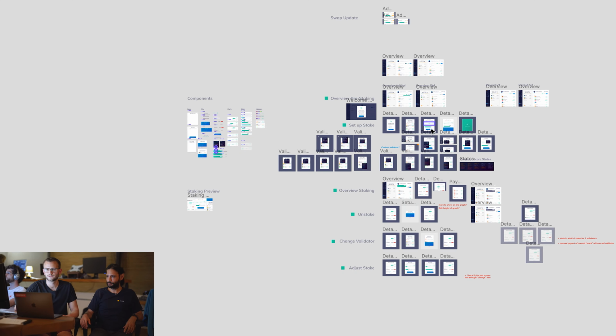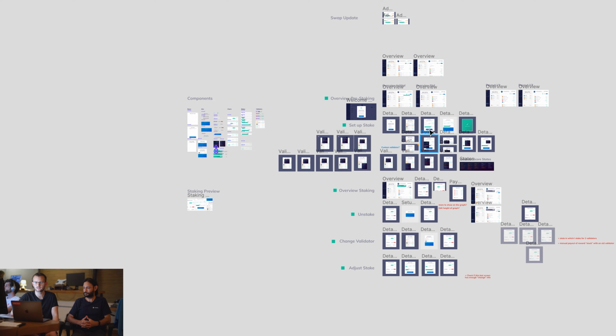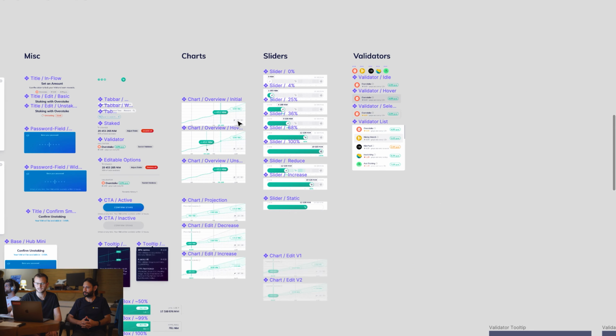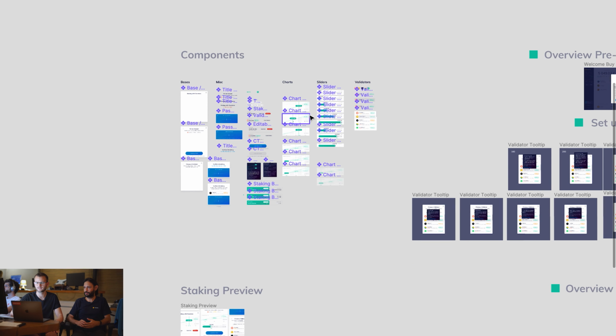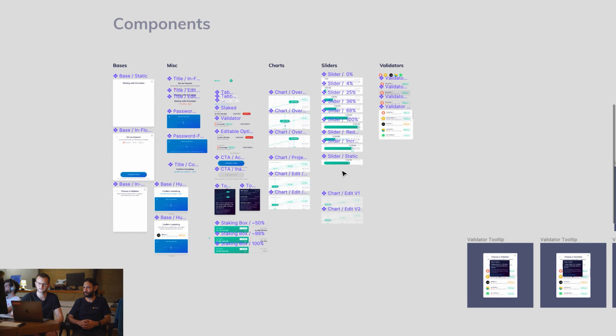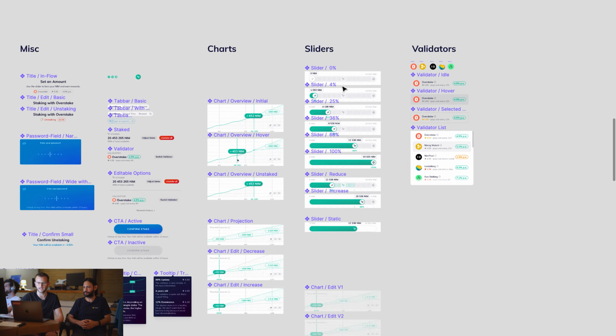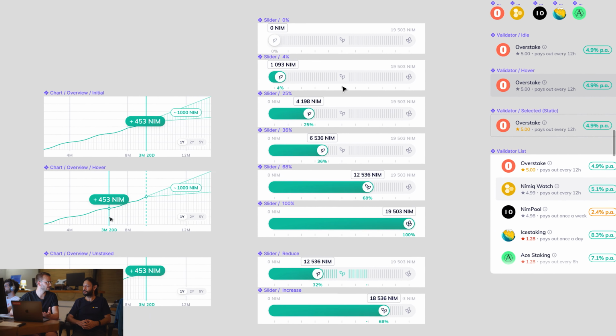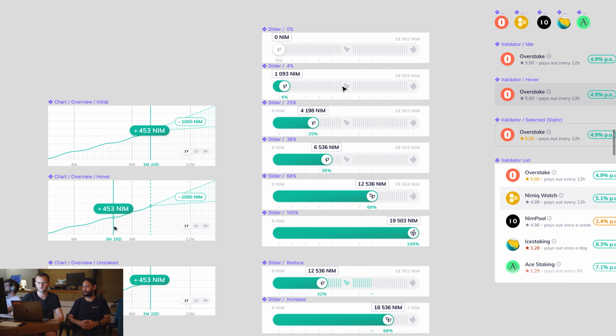What do you have already in mind for the wallet? Let's maybe start with a basic concept. I'm kind of jumping around a bit, but I think that's fine. What we have here is a component library of all the elements that I need to interact with my staking. And I think one of the central ones is this slider here. The slider, sorry for interrupting, is already familiar to the slider that the users use right now when they're swapping.